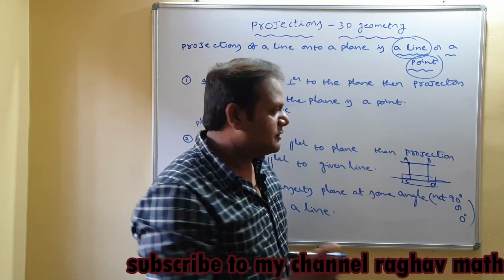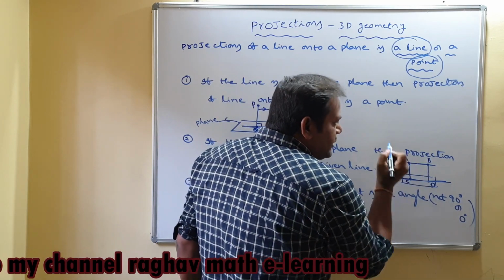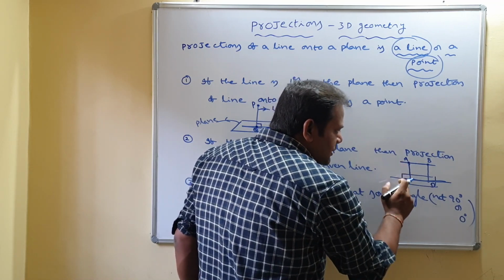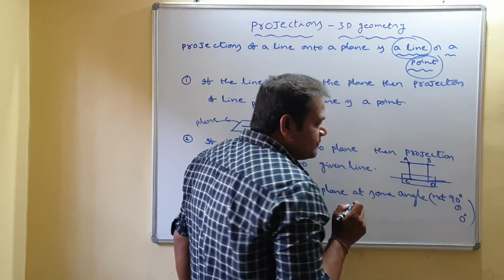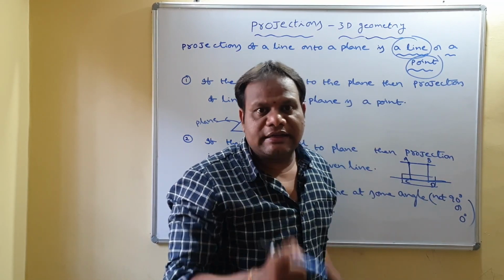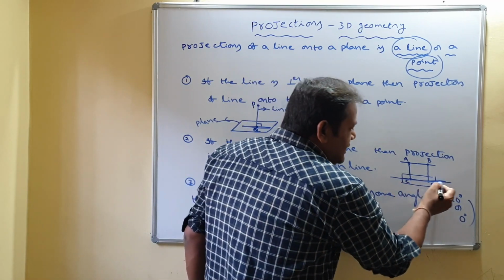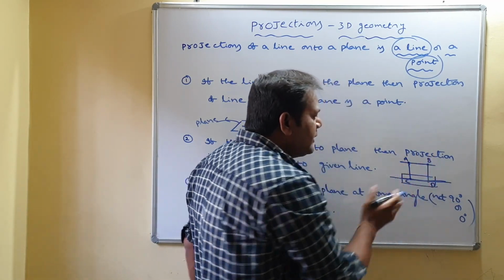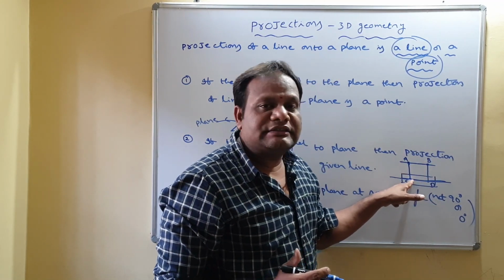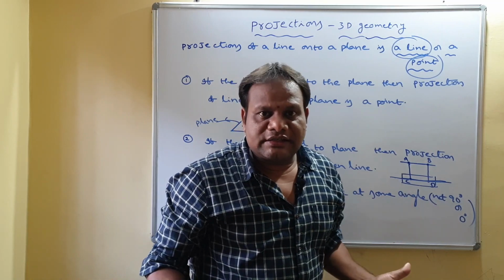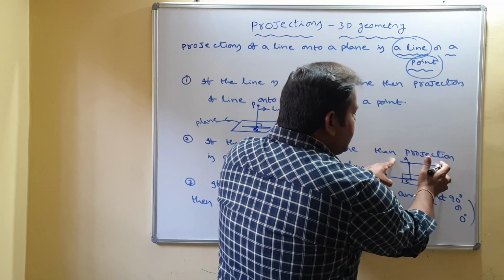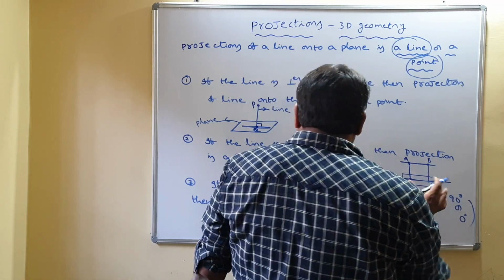So that is the reason, just you find the foot of the perpendicular from A to the given plane, then you get C. To write this equation, we want one point and DRs. So this line is parallel to AB. Already you know the DRs of the given line. Use the same DRs and take this point C. Then you can write the line equation. That is the equation of the projection of the line AB onto the given plane.